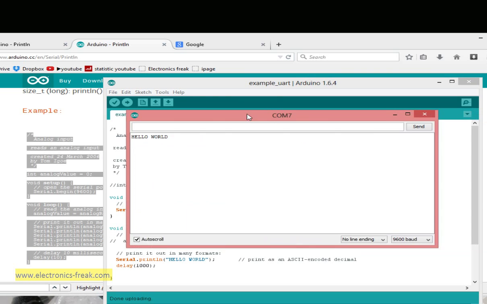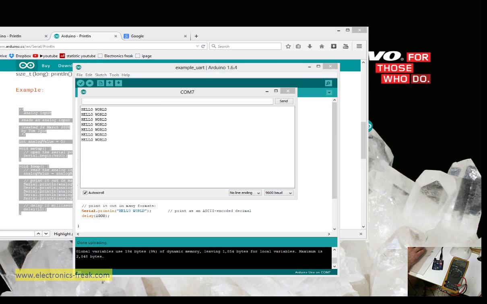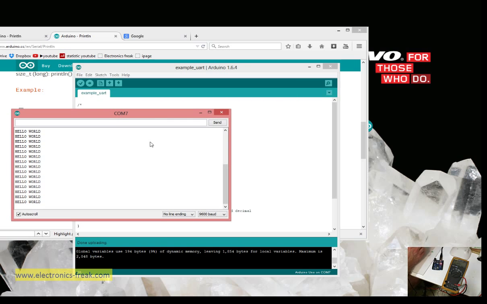Now we can upload this program to the board I have here and use the built-in tools serial monitor, which is open on 9600 baud rate. The baud rate means how many characters are the fastest speeds that we can send it to our screen. In this case 9600, we can divide it by 10 because each character is about 10 bits. Okay, so we have about 960 characters that we can send per second